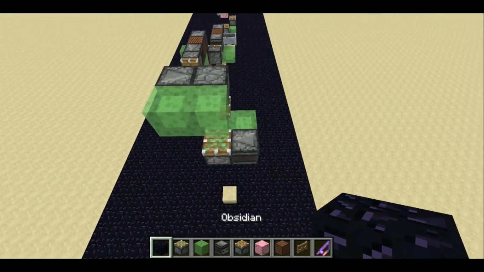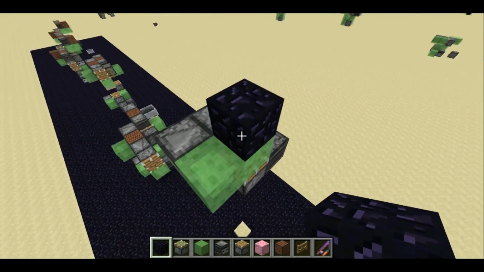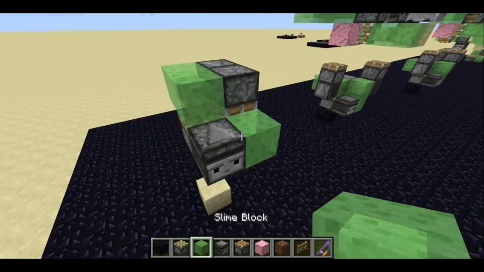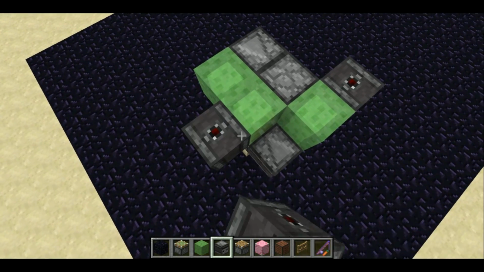Now this is actually a vertical two-way flying machine. So if you do it like I just did it, it'll start flying. So you need to do it without updating this observer. But yeah, if you are quick and you can catch it, you can just make it go back down like that. And then we're gonna add a slime block over here, an observer facing up right here and right here,